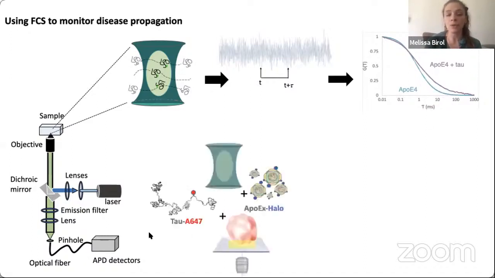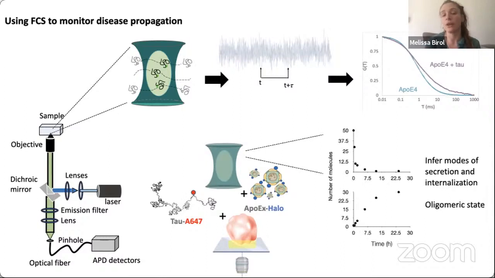But then we also use FCS in a somewhat non-conventional way to understand the kinetics of uptake. So what we do is we have tau and we have ApoE in our focal volume, but then we put our focal volume in solution and measure over time the number of molecules. So we can look at the drop in the number of molecules over time,